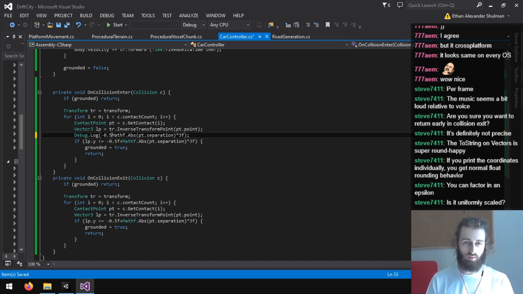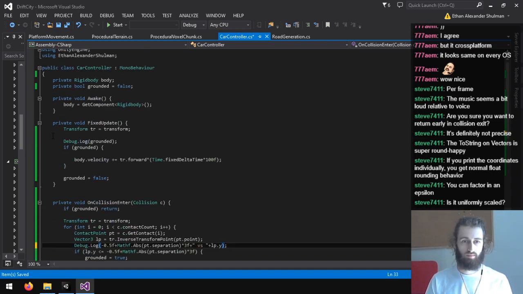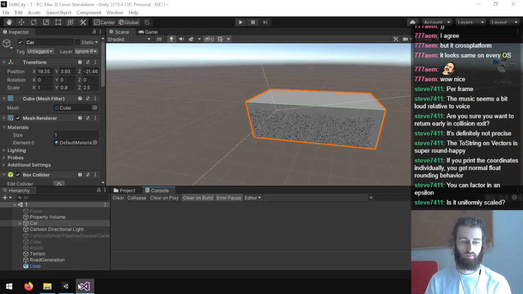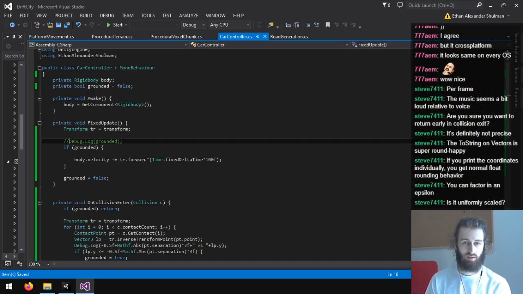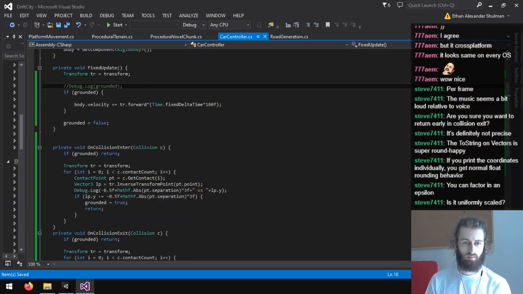I would think this would work, but... versus... 0.459 versus negative 0.4966. If this is smaller than that, should be...